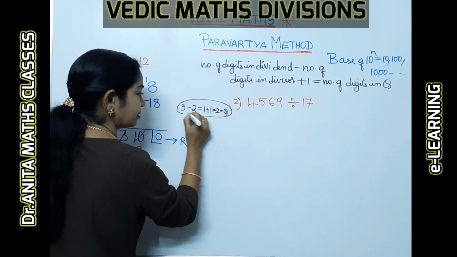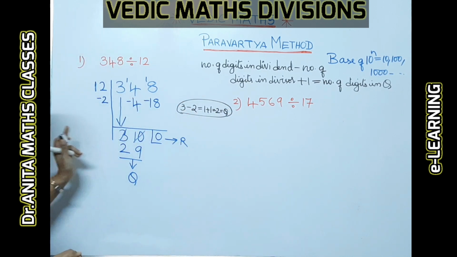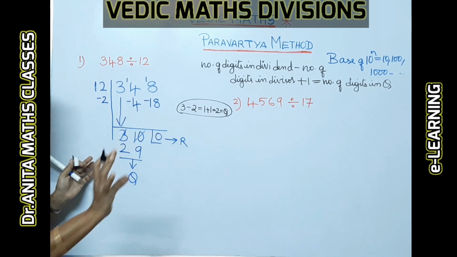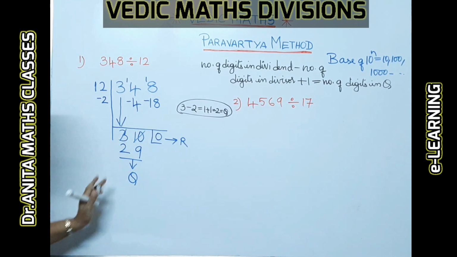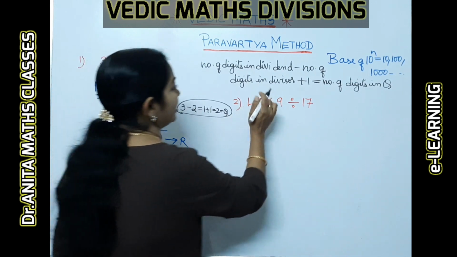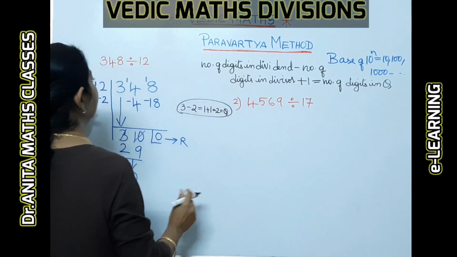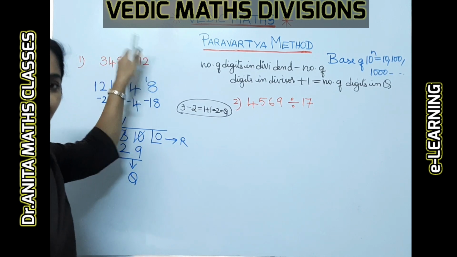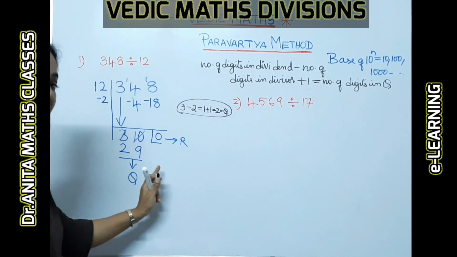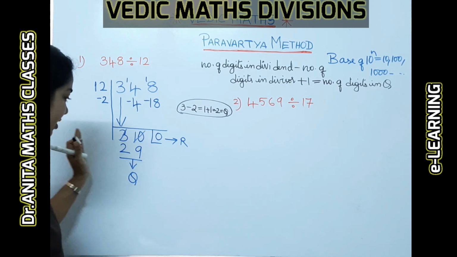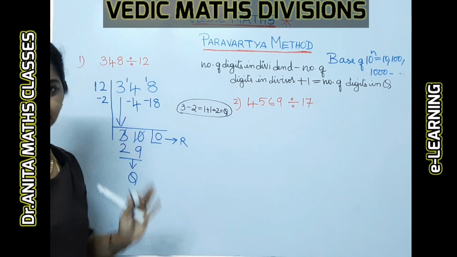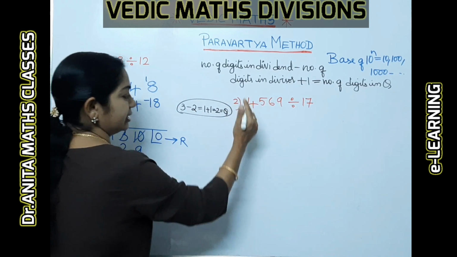Right. So 2 digits from the left, consider as the quotient, and the next one is the remainder. That is the process. Now let's start this one. So this is just a formula: number of digits of dividend minus digits of divisor plus 1 gives the digits in the quotient. From the left you take that part as the quotient, and the remaining is the remainder part. Now let's see the next problem.